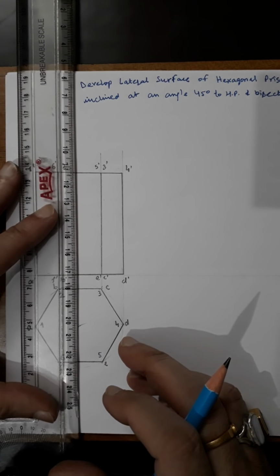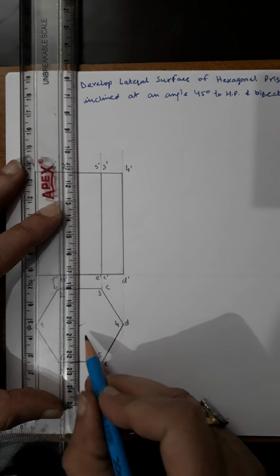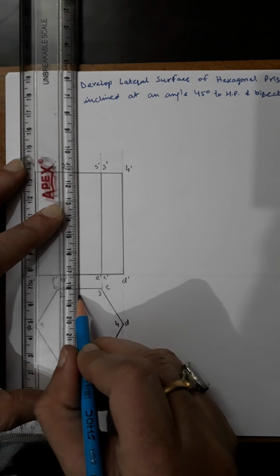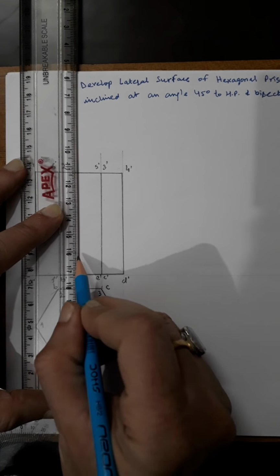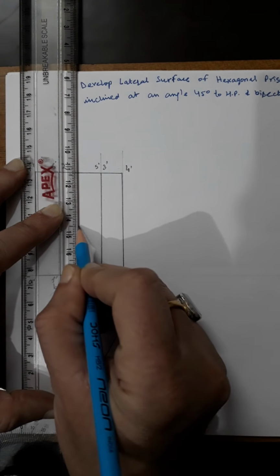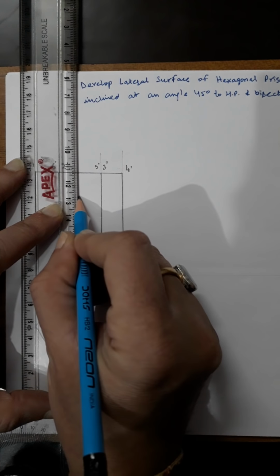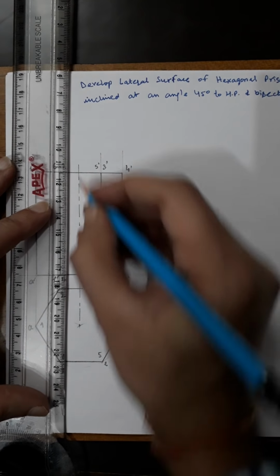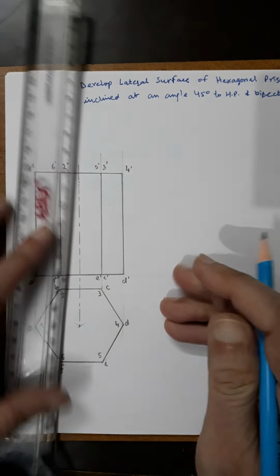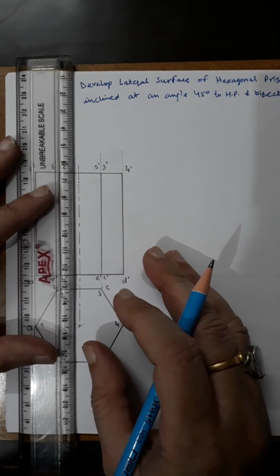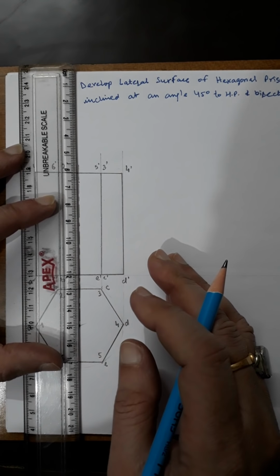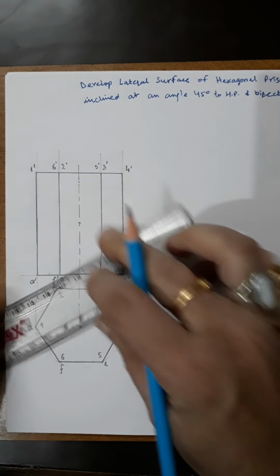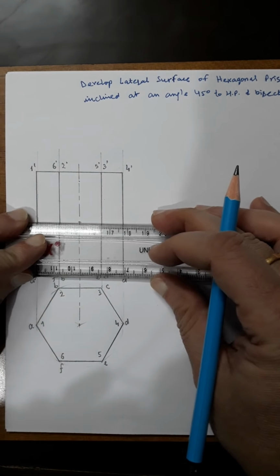I'll now draw the center line through this center. I have already got the center, so this is the axis line, a chain line. Now I will be measuring this. The cutting plane is bisecting the axis, so it will be 30 from the bottom side. So I'll draw a horizontal line through this.